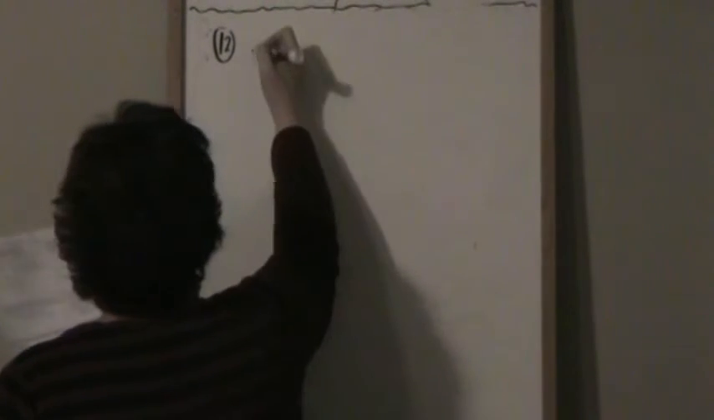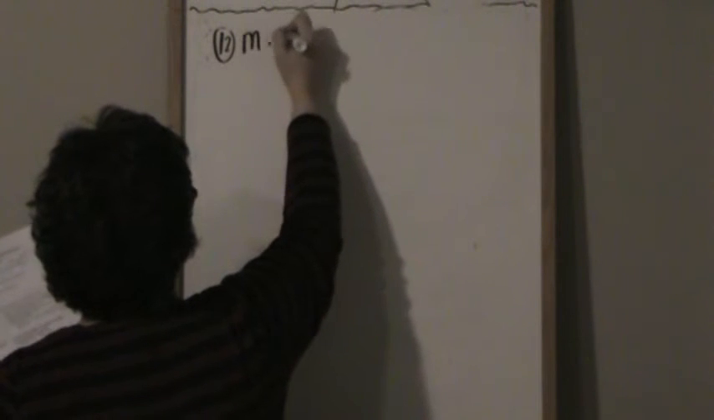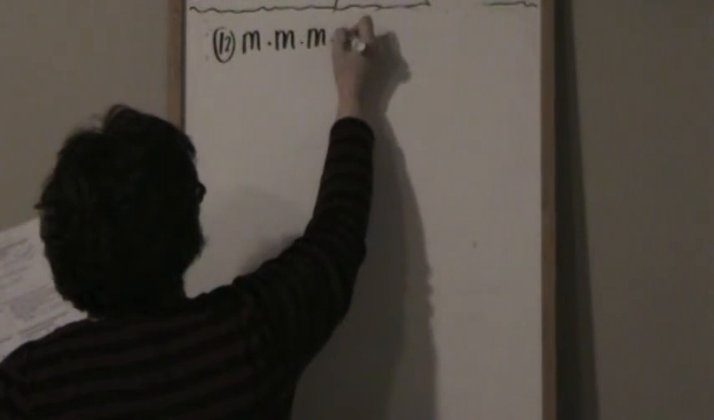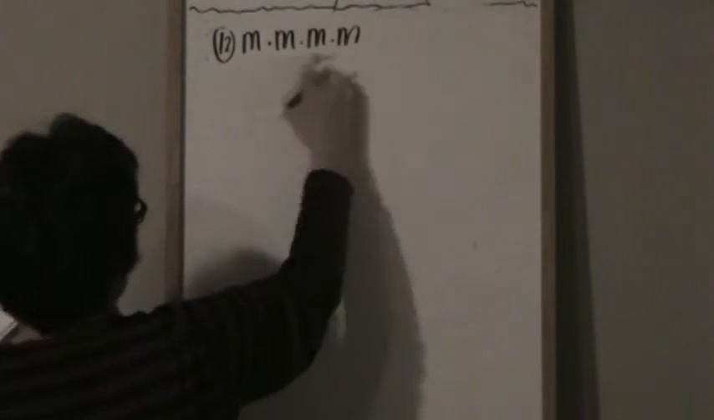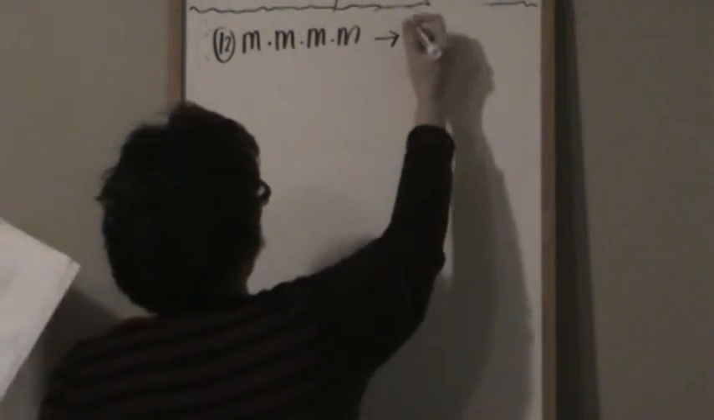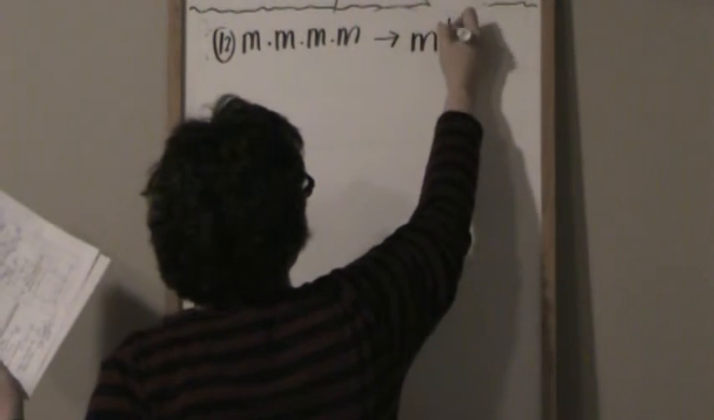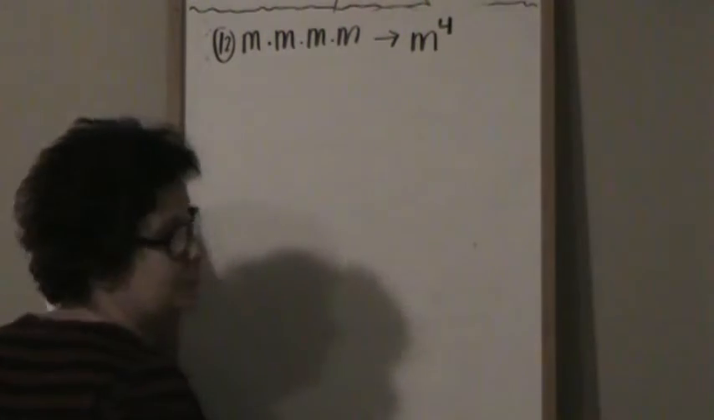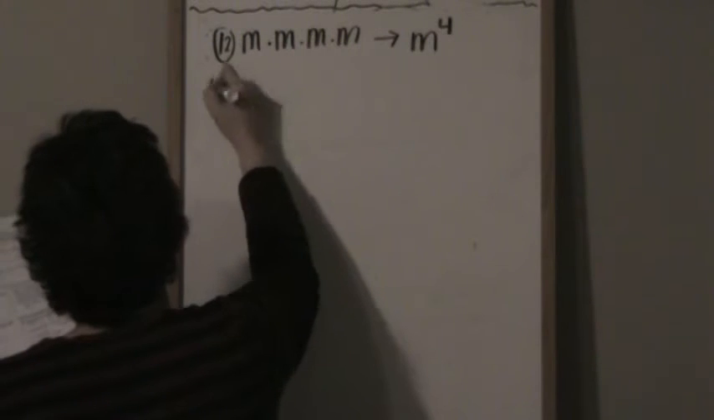It says write an equivalent expression for each expression. It gives you m times m times m times m. I call it the long form or the expanded form. And what that gives us is m to the 1, 2, 3, 4, m to the 4th power. Okay? Number 13 is